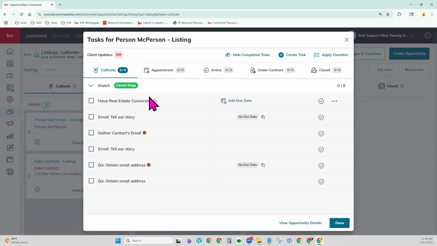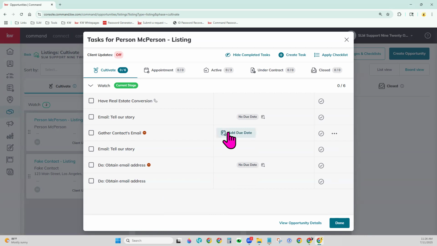Okay, I'll go ahead and click away from this and bring us back to our tasks list here. You can again create these tasks, mark them off as you get them done, add new due dates if you want. But you can do this for every single phase. Okay, this is how you would add in maybe you had your standard checklist that applied to this opportunity, but maybe this is a client that needs a little extra grace applied, right? A little more hand holding,